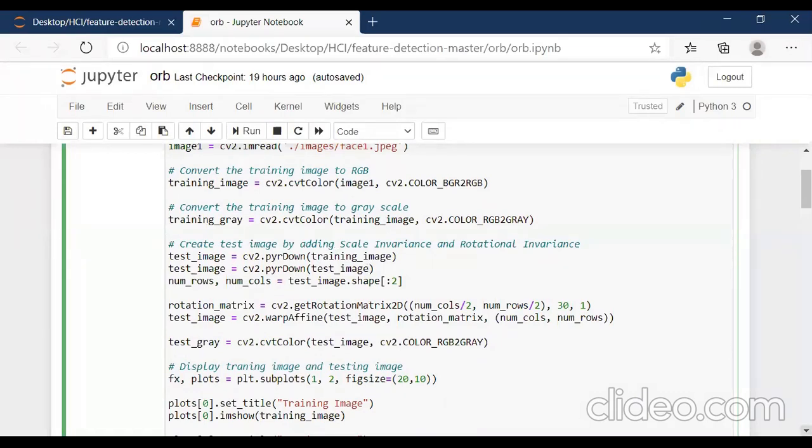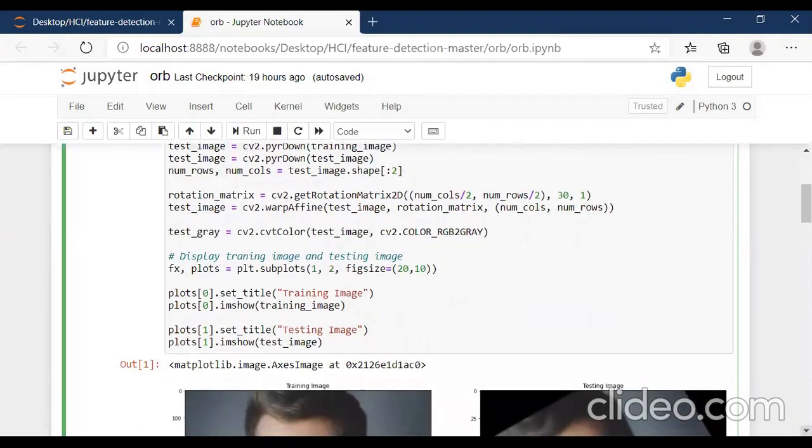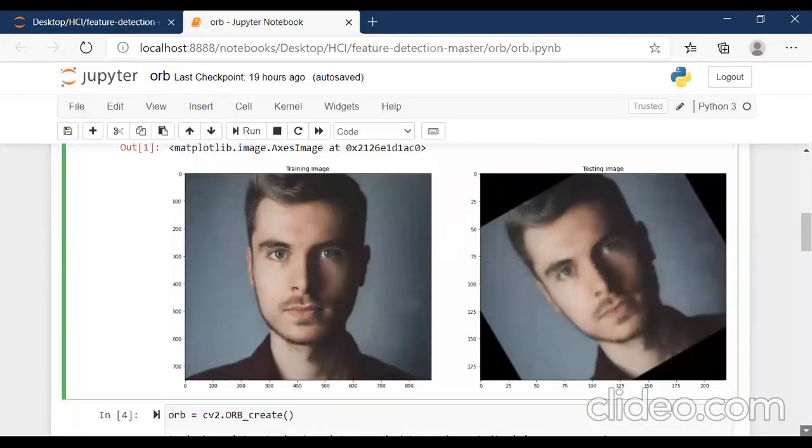I already elaborated those things in the last lecture. That is called pyrDown, for the pyramid of the images for scaling, and this rotation matrix is for the orientation point of view, and warpAffine is for the transformation in the number of rows and the columns. Then test gray.